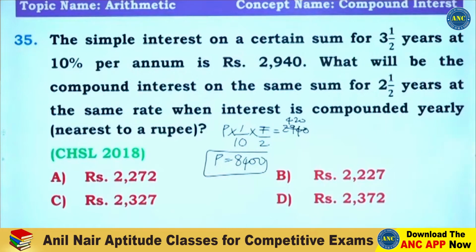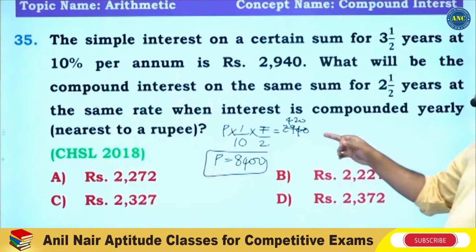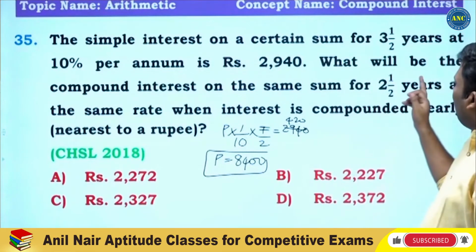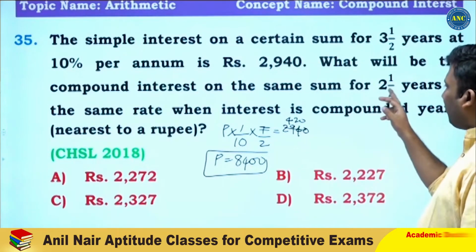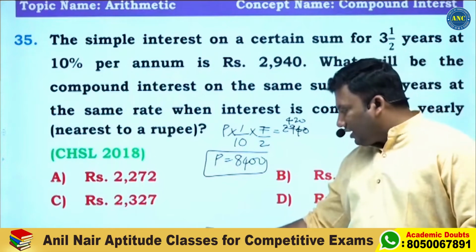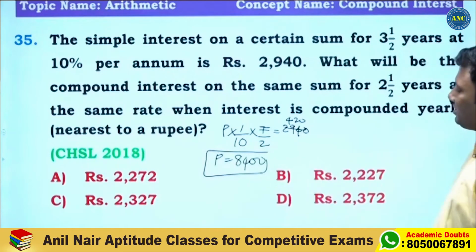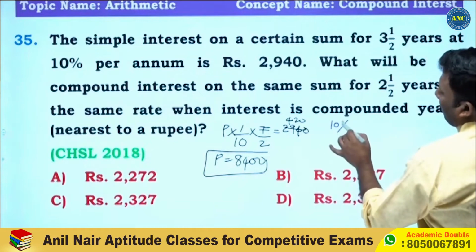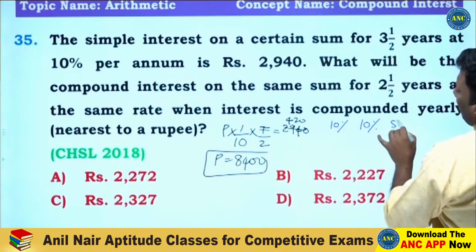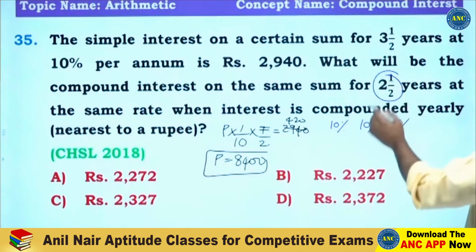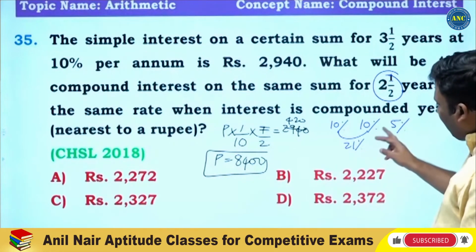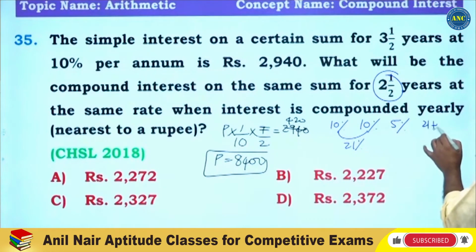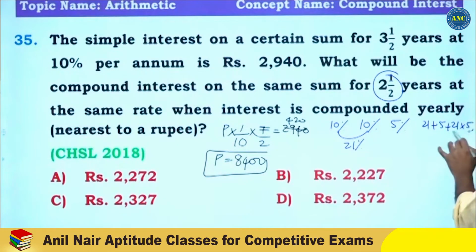What is the question that he is asking? On 8,400, what will be the compound interest on the same sum for 2.5 years? For 2.5 years, it is 10 first year, second year also 10, third year it will be 5. Why? Because it is 2.5 years. This is approximately 20, exactly 21. 21 plus 5, 26, plus 21 into 5 by 100. This is 26 plus 1.05,